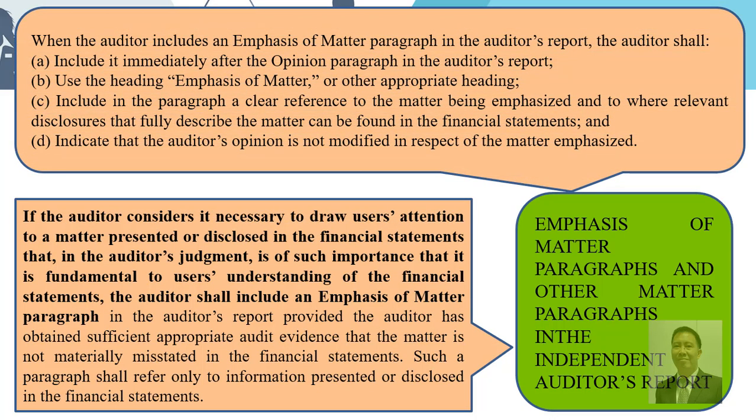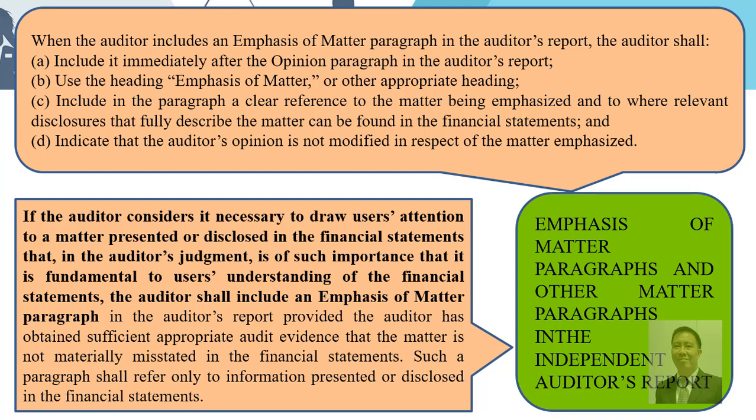Now, the fifth type, or shall we say, the last type here of an audit opinion is what we call emphasis of matter. Now, if the auditor is issuing an emphasis of matter paragraph, they are trying to draw the attention of the users or the readers of the financial statements with regards to the auditor's judgment. And of course, that is so important for the user to understand what the major effect in the financial statements is.